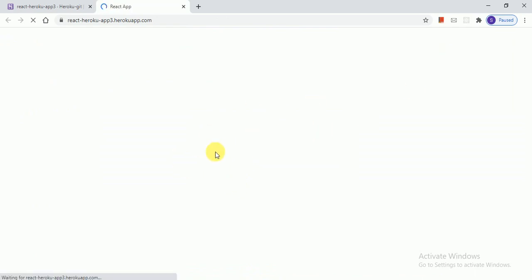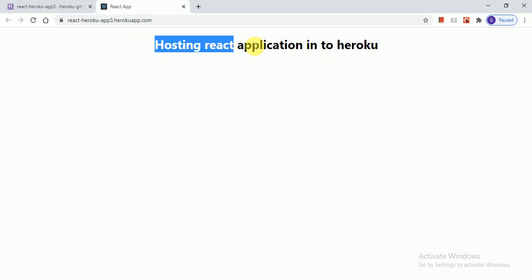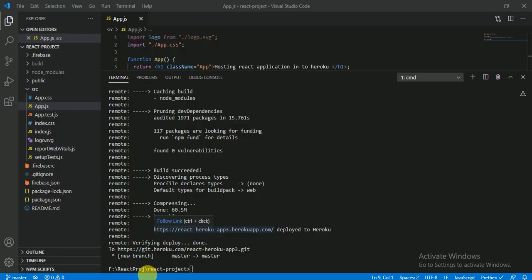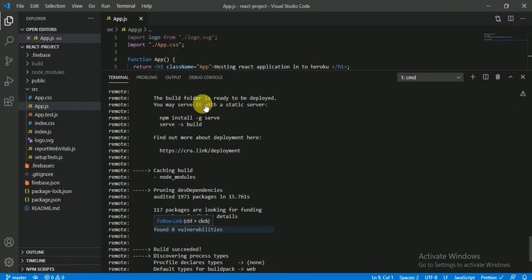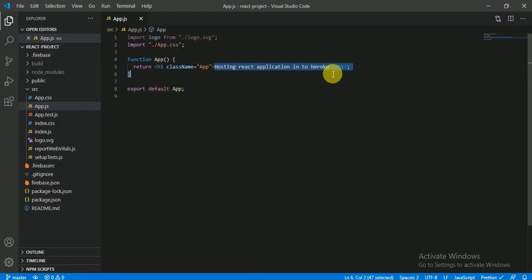Once you open the application, you should see your React application running on Heroku. You can see here what I wrote in my app.js. In this way we can simply host our application on Heroku in a simple manner.